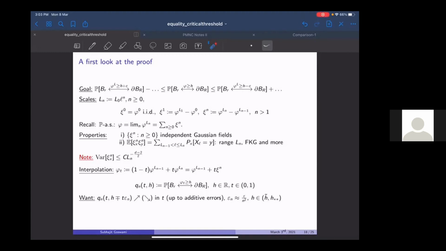But we would like to say that as you go up and up, as the scales become higher and higher, of course, you will have to be able to compare them with arbitrarily small epsilon, depending on L. So the idea is that this epsilon, we should be able to make smaller and smaller as n becomes larger and larger. That's the idea. So in particular, you can take any summable sequence, which I take as 1 over n squared. So that's a pretty natural thing here, but how do you do that? Well,